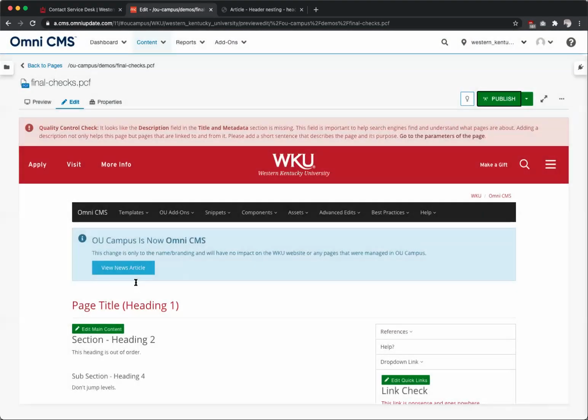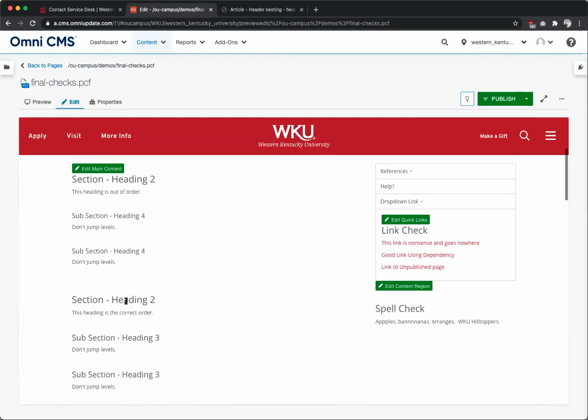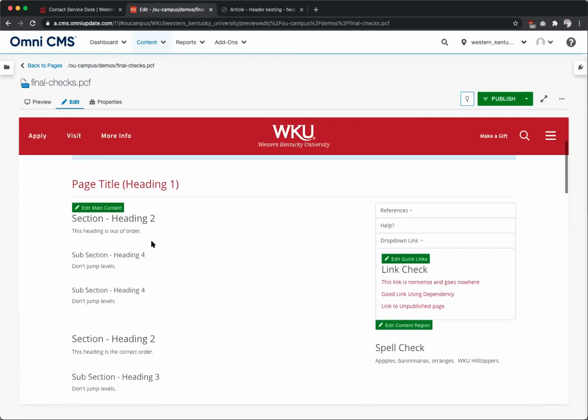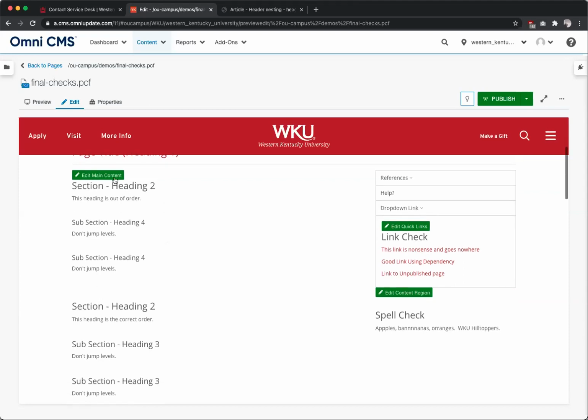So I set up an example on this page of improper heading nesting and proper heading nesting. So the idea is that our page title is a heading 1. That's the big one. That's what Google sees, you know. The next one is your section heading. And we want to jump down to the next level when we do this. We want to go down to heading level 2. We want to make sure we're using heading 2. The problem here is that we've jumped to heading 4. So there's no 3. Assistive technologies struggle with that. They may confuse the user and may think they've skipped a section or missed something or ended up somewhere they shouldn't be. So to fix this,